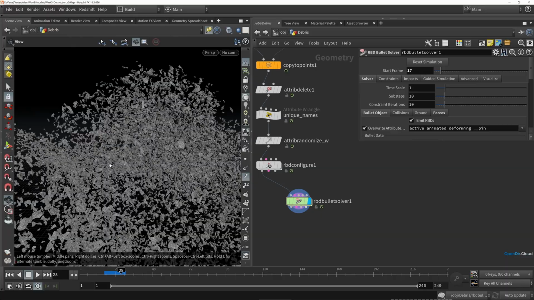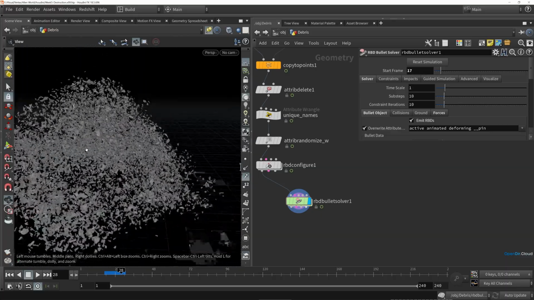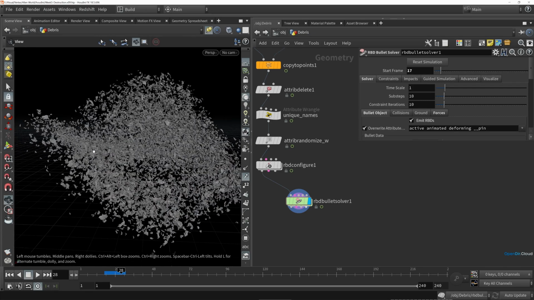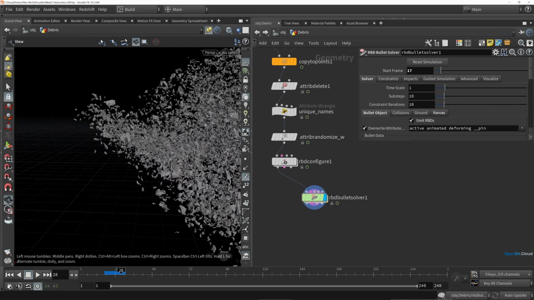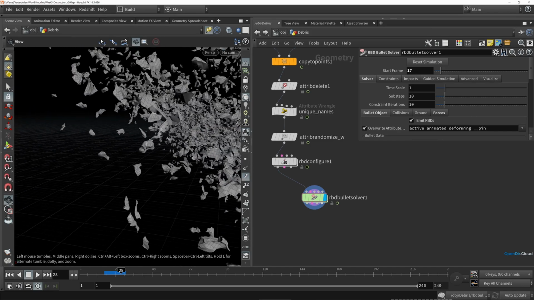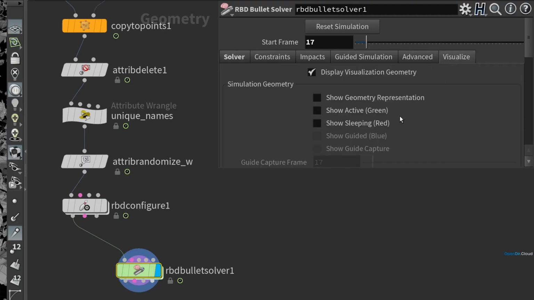shapes for the active pieces here. And we didn't really check the collision shapes for our primary RBD sim because everything was working properly. We weren't running into any major problems to debug and things worked pretty well. However, with debris and very small RBDs in general, you do have to be a bit more careful about your collision shapes sometimes. So we can go to the Visualize tab on the RBD Bullet Solver here and turn on